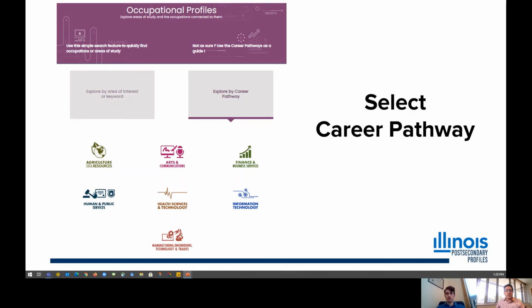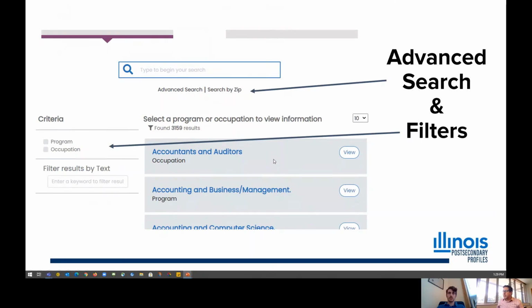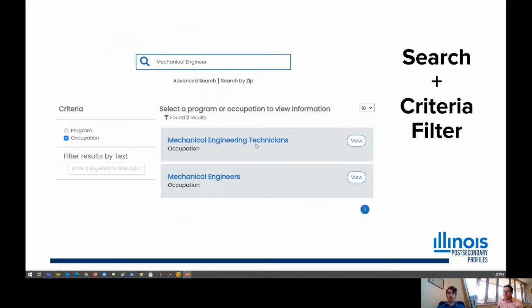And these are the 7 college and career pathways that the Illinois career pathway endorsements offer endorsements in now through the Post-Secondary and Workforce Readiness Act. And occupations fit into at least one of these career pathways. And so these will not narrow down that search quite as much, but if a student knows they're interested in health sciences and technology, then that, for example, is a way to start exploring what careers and what programs, what occupations and what programs are available to them as they move into a post-secondary environment. So again, there are advanced search opportunities and then the filters.